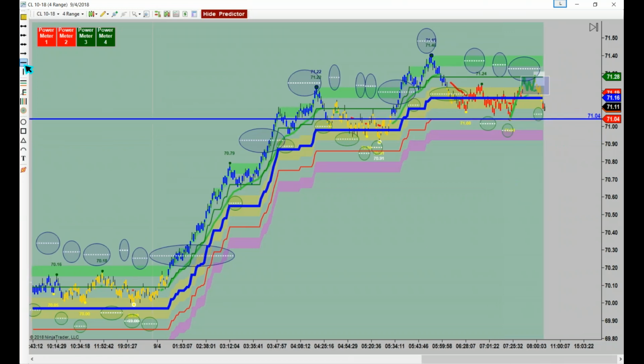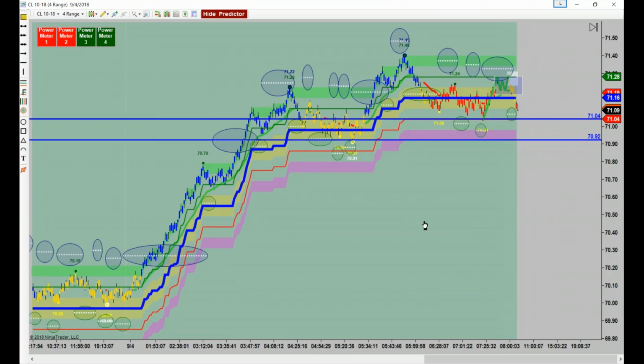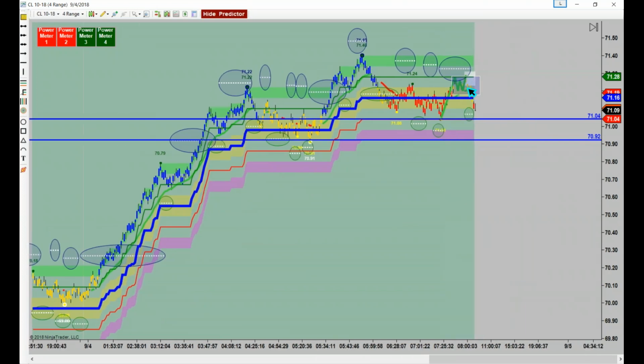You could also do it as it broke support here. Okay. Because you do have a first time into Phantom on these trades like this. But keep in mind that first time into Phantom was right here. See it? That's your line 2. And it went up here and you still got a lower high. So, if you happen to have shorted this on Time Trader, you got about 10 ticks before you even got